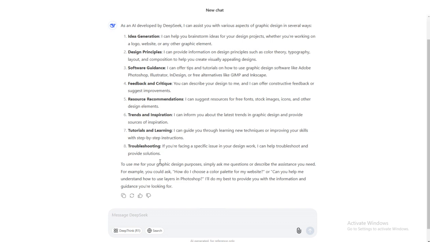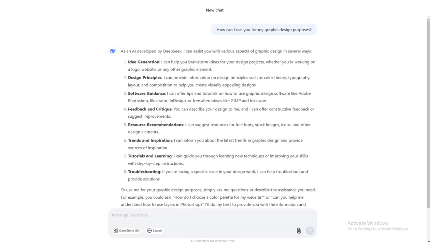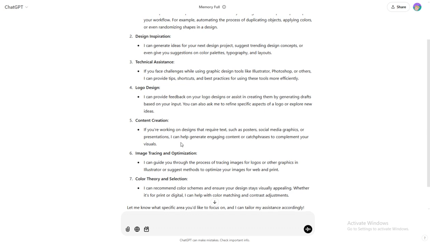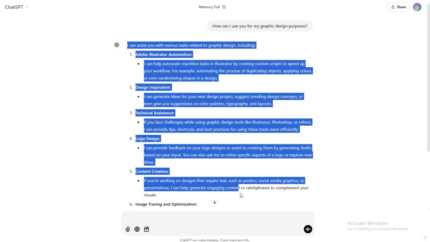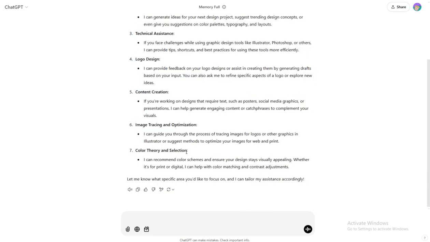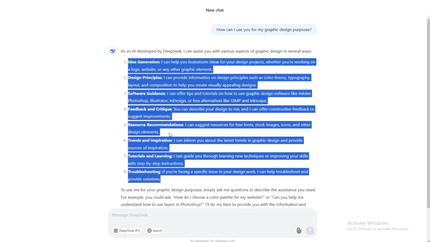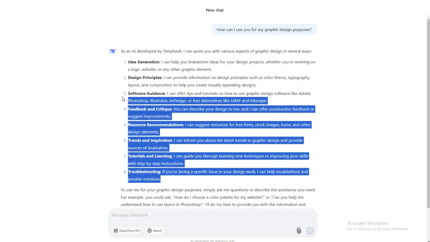So if I compare this now, I think whenever we search for something and it comes with a very generic answer, ChatGPT has given us a detailed answer with specific color theory, image tracing, content creation, technical assistance, design inspiration, and this has also a great thing.